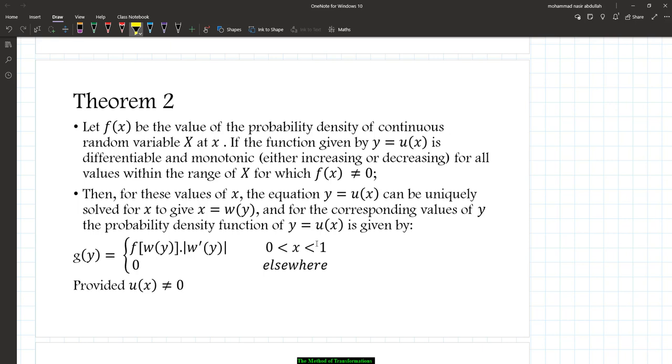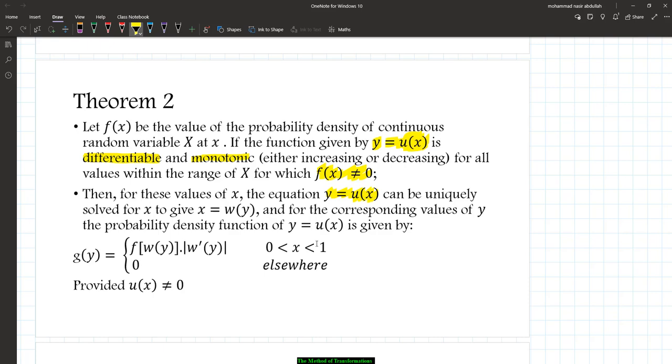If the function of y equal to u(x) is differentiable, you can make a differentiation, and monotonic means either increasing or decreasing, for all values within the x variable, and fx is not equal to 0, right? And for this value of x, the equation y equal to u(x) means that the new function can be uniquely solved